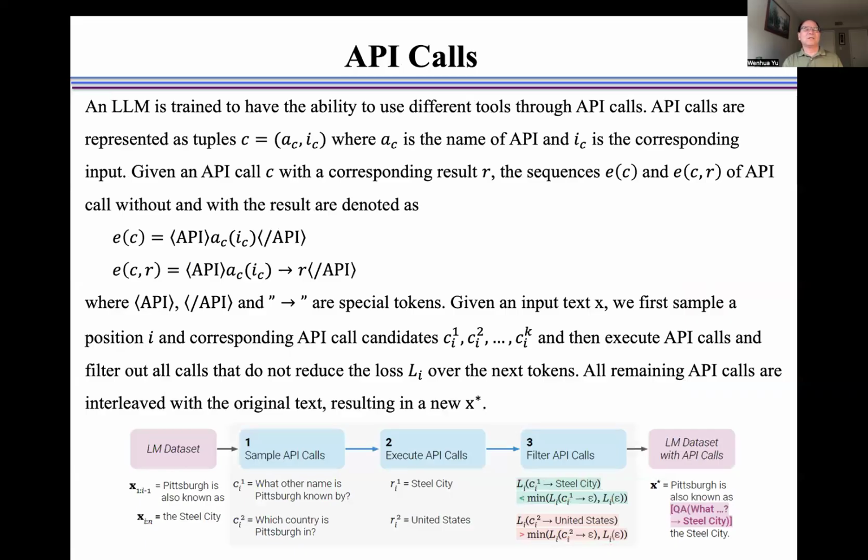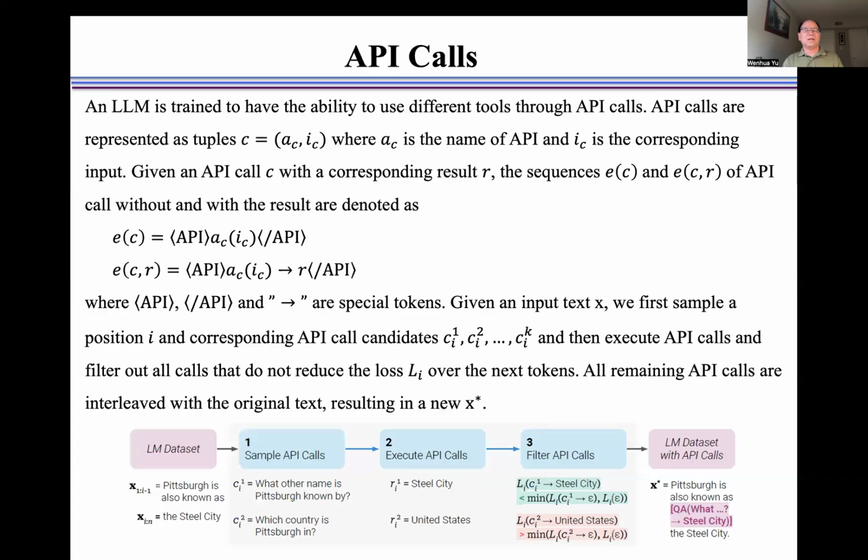A large language model is trained to have the ability to use different tools through API calls. API calls are represented as tuples C, where AC is the name of the API and IC is the corresponding input.